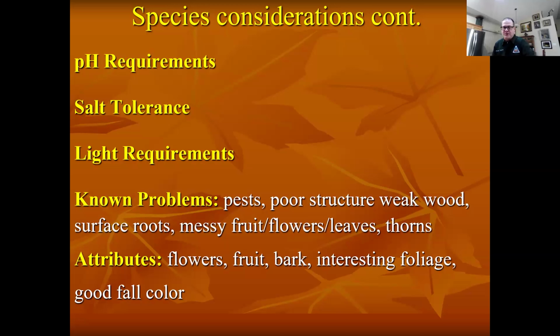And what kind of attributes do you want? Interesting foliage or bark, good fall color? I think one of the most difficult things to do in landscaping is winter interest. Other than feeding the birds and witch hazel, there's not much you can do in the wintertime. But some trees have really, really neat bark. Lace bark elm does, Kentucky coffee tree, musclewood. And I'm going to show you some of these where you can actually get something that looks really neat in the winter time too. And I think that's really difficult. That's one of the most difficult things I think to do in gardening.